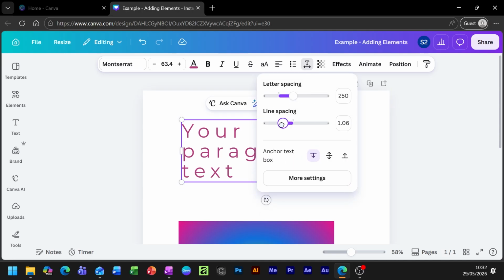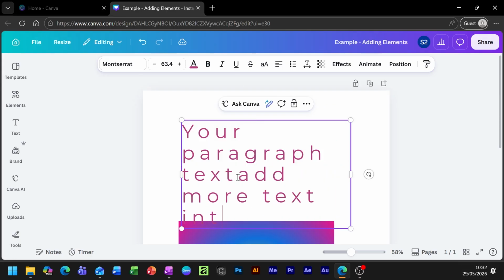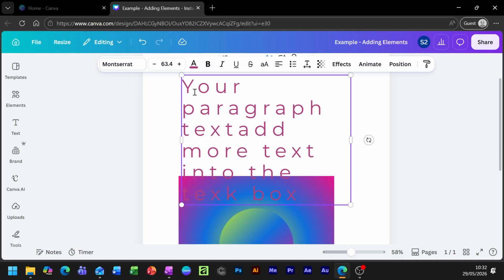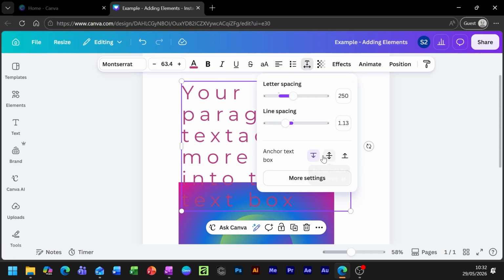Or I can do some spacing, so you see the line spacing here for the whole thing is apart like that. And then I can also choose where to anchor the text box from. So as you add more text, let's click in, there we go, add more text into the text box. You see it's anchored at the top and then just goes down. But if I were to anchor this text box from the middle,